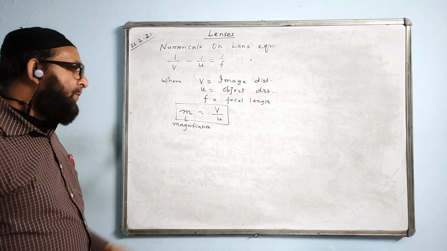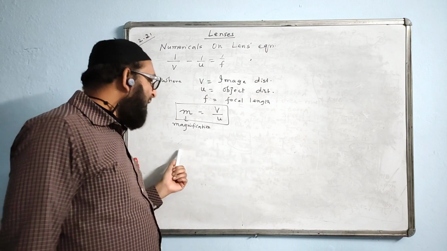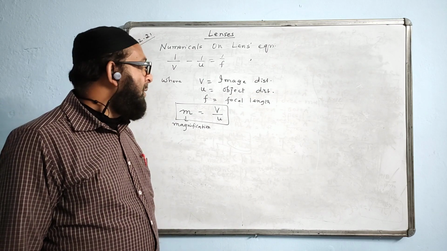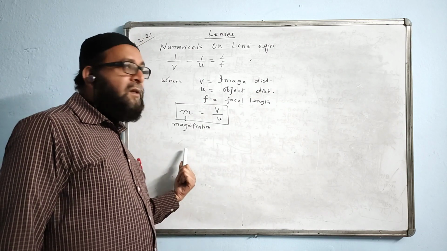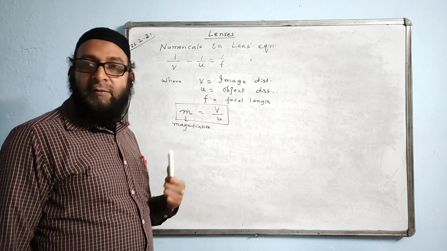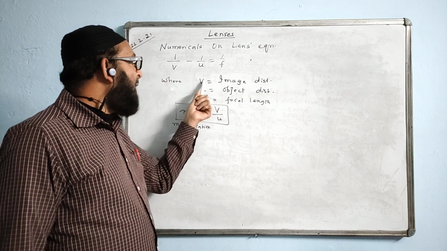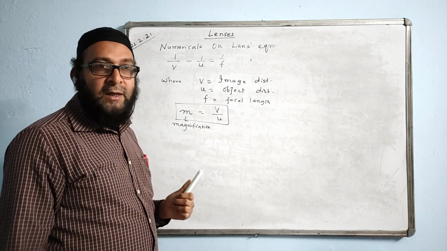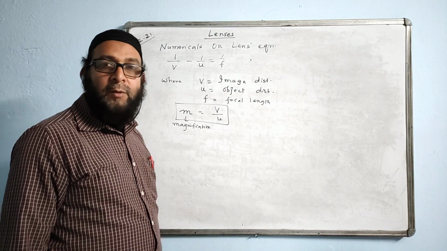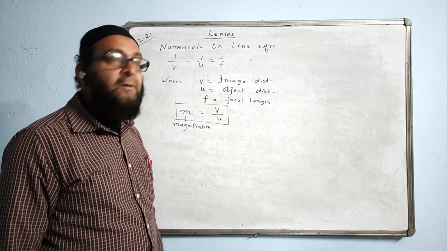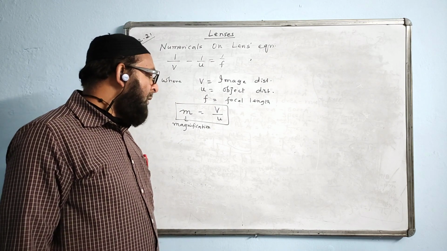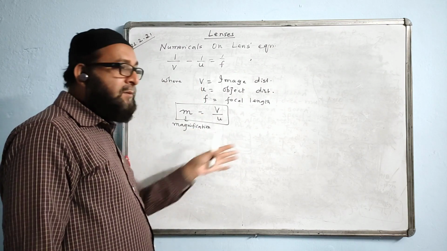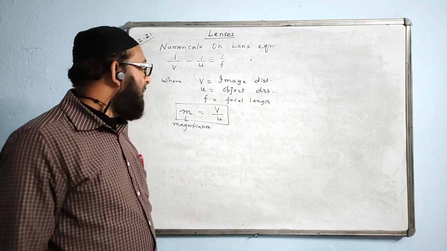How do we apply it? Any distance on the left side of the lens will be taken negative, and on the right side it will be positive. Like u always will keep on the left hand side of the lens, that means u is always negative in all cases. Sign for v: if the image is real, the image is formed here on the other side of the object, means on the right side. So that means that will be positive. For real image, v is positive. Virtual image will have the v value negative, it is coming on the left side, same side as the object, that is v will be negative.